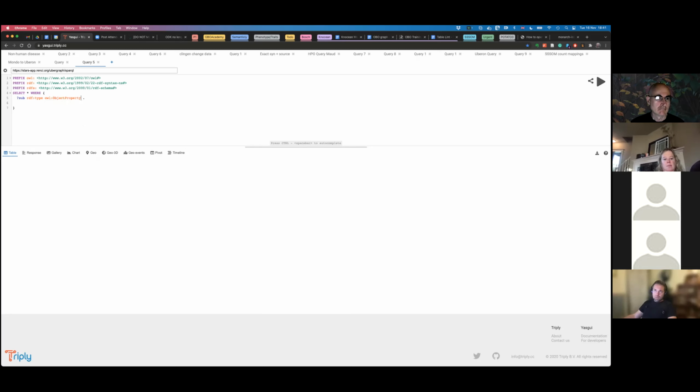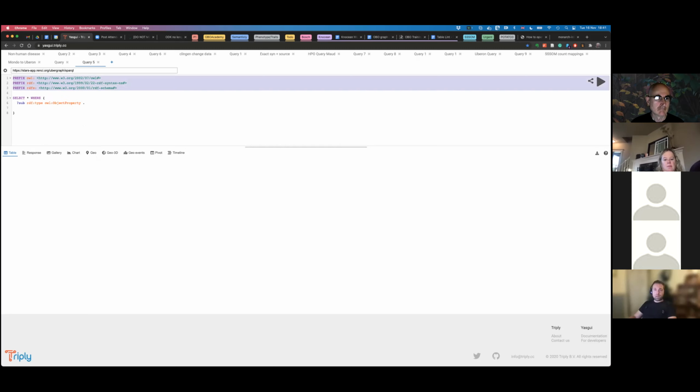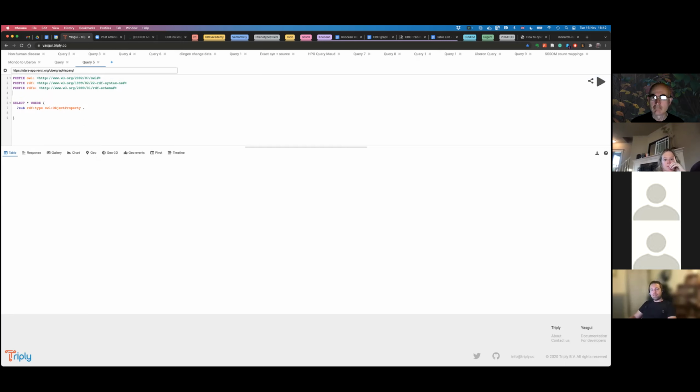Maybe I didn't say this before, but this prefix section is actually very underutilized by us. Usually we define things like OWL, RDF, RDFS, and OBO. But if you look at, for example, the style that Jim Balhoff employs, say you want to look for something like has part, and you have a query with has part in it, one thing that's really cool is you can just do it like this. So you can say, for example, has part,